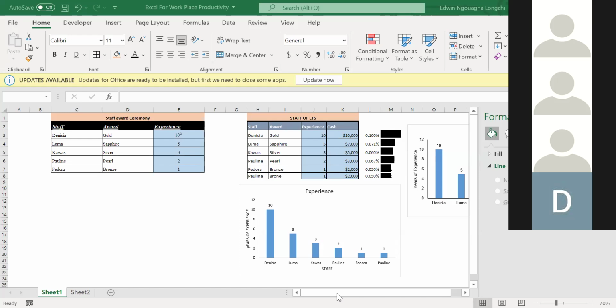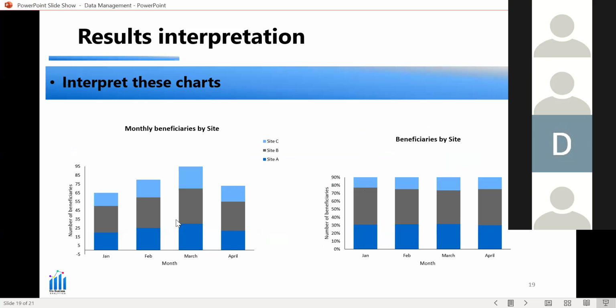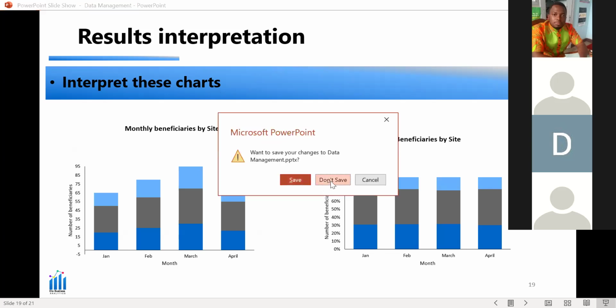I don't know if you can see. You can see, right? These charts were created using Excel. But the colors, you will not see these colors on Excel color palette, but you can create your colors. You can create your colors depending on the theme of your presentation and all that. So you see, this is what I did. So we can create it, and there's good contrast here, as you can see. So beneficiaries by site for those who are humanitarian organizations and all that.